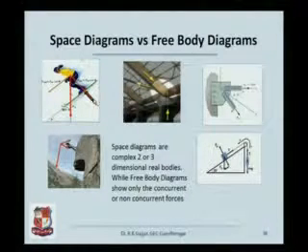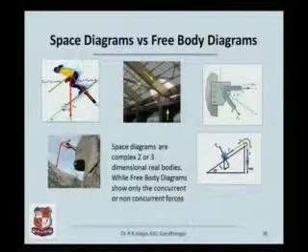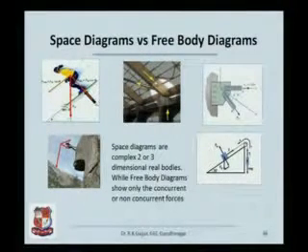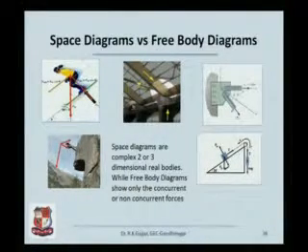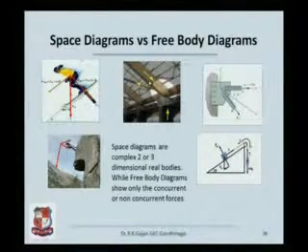Another example, a complex system of members which are meeting at a certain point, very complex. A student will feel that whatever is happening I am not able to understand, but look at the forces acting. You have a force from this member, you have a force from this member, you have a reaction from the vertical member, and there is a horizontal member. This becomes the free body diagram. Your complex real time space diagram is now reduced to a simpler free body diagram.